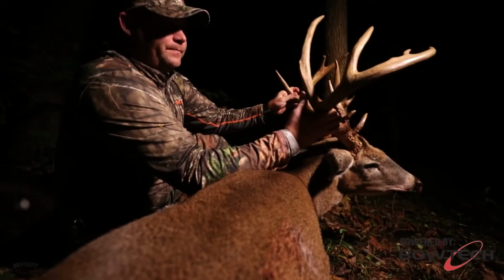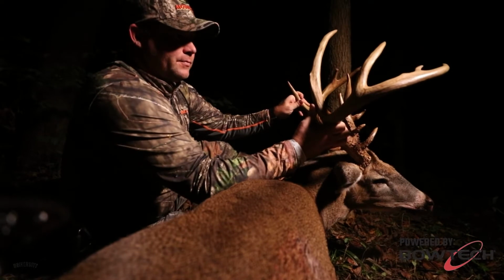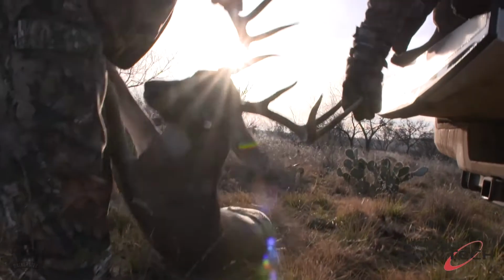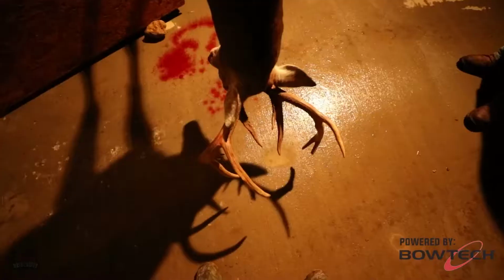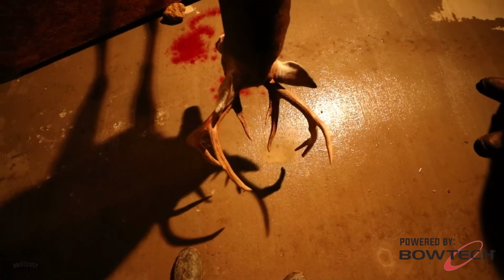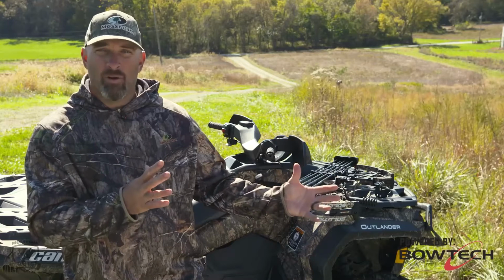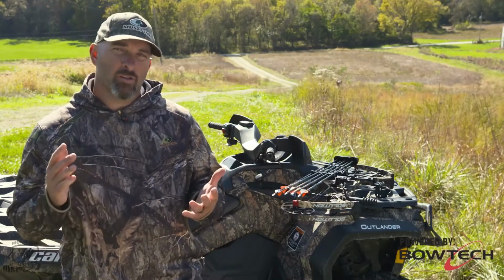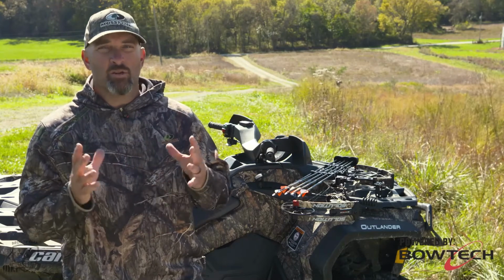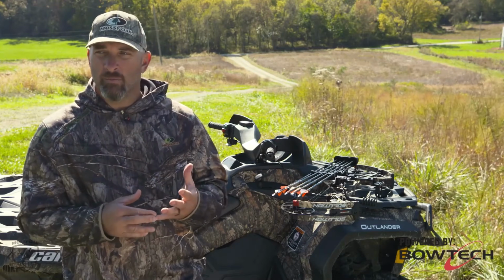Years ago, we didn't have to worry about it. You could take the deer home pretty much in any state you wanted to take it home. If you field dressed it, you load up the back truck, drive it home. Or if you wanted to skin it, quarter it up, bone in. If you were mounting that deer, you could remove the head with the cape on it, take it to the taxidermist just like that. Well, over the last few years, we've had issues in several states with different diseases